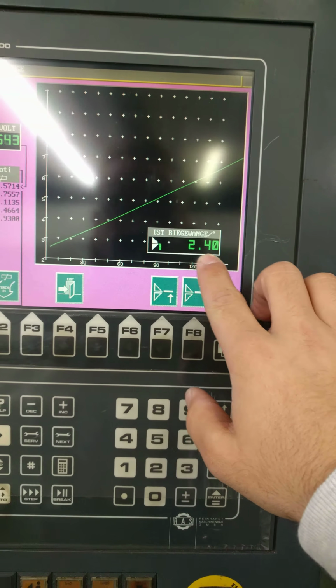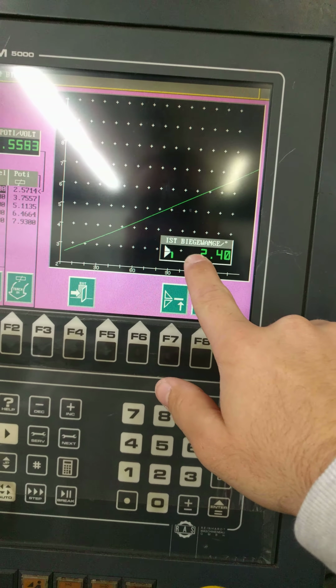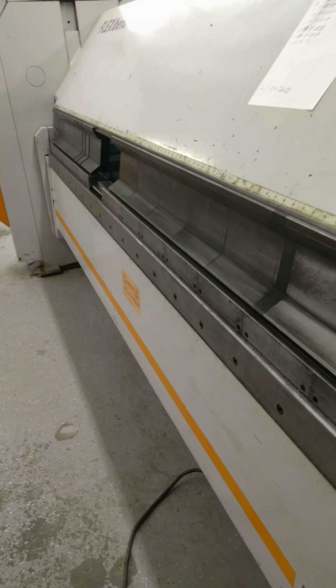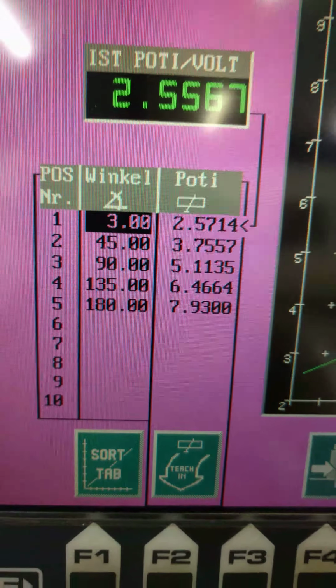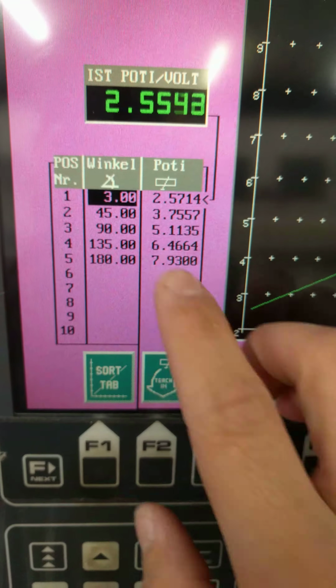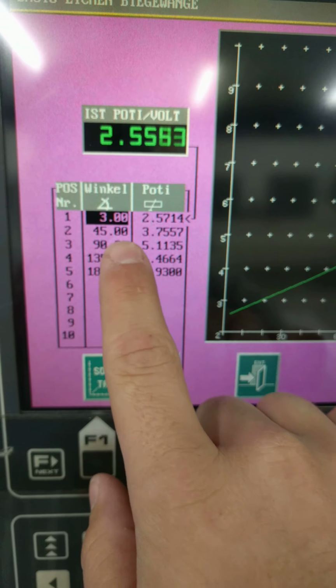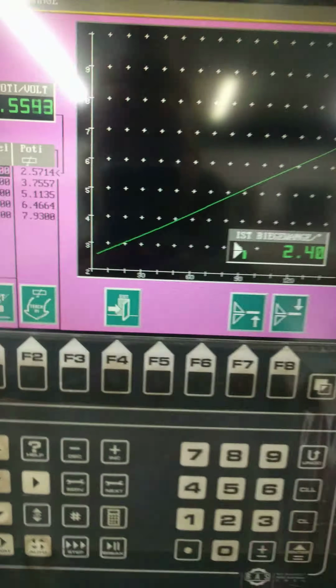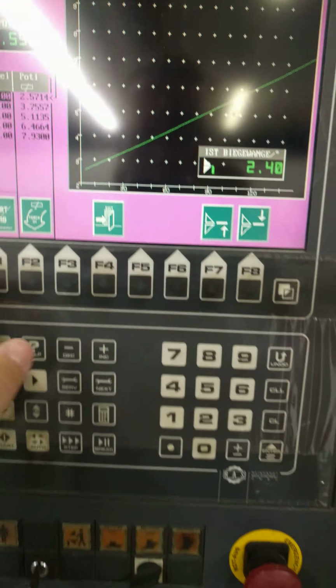So this is telling me that it's about 2. This is the instant bigawange, which means where the folding beam is right now. It's telling me it's at 2.4 degrees. To me, that looks about correct. It looks flat, so I can just believe that it's 2.4 degrees. I take a look at these voltages, and this is what a normal machine looks like. This is what mine looks like. Usually an experienced tech would know exactly what voltage coincides with what angle you are bending. With that double checked, you need to make sure that you do have these numbers,